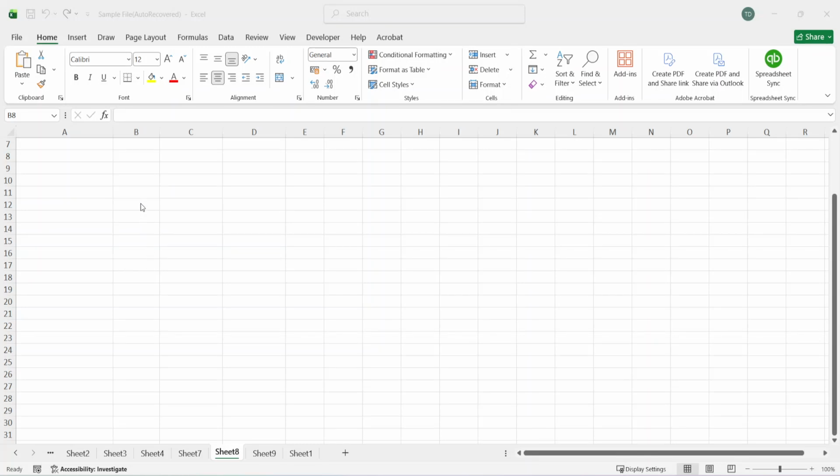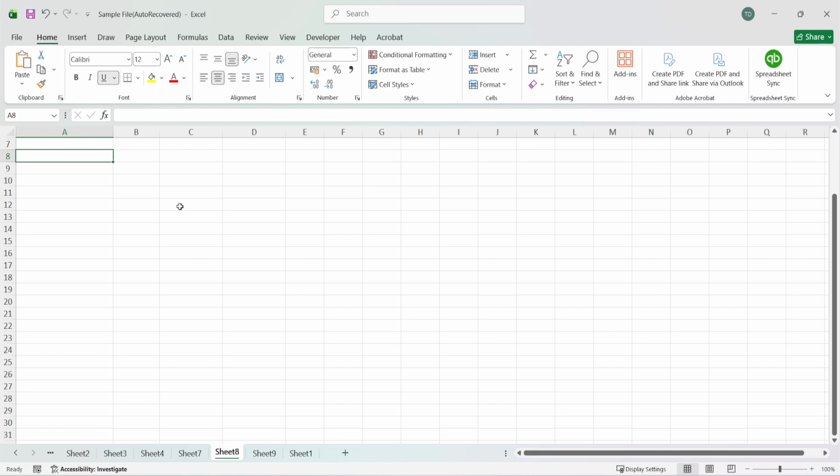In today's video, I'm going to teach you how to create random numbers in Excel. This is a very simple and useful Excel technique, especially if you need sample data, want to test formulas, build practice spreadsheets, or generate quick placeholder numbers without typing everything manually. The great thing is that Excel already has a built-in function for this, so you don't need any extra tools